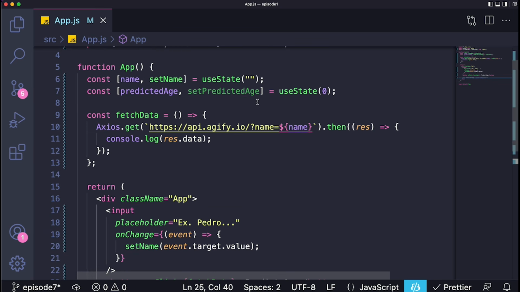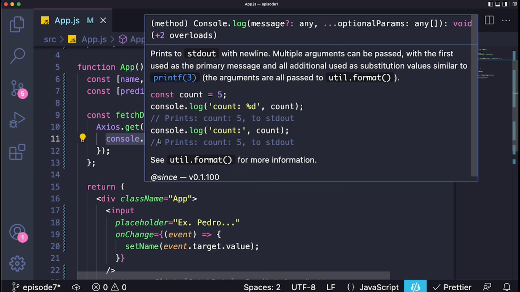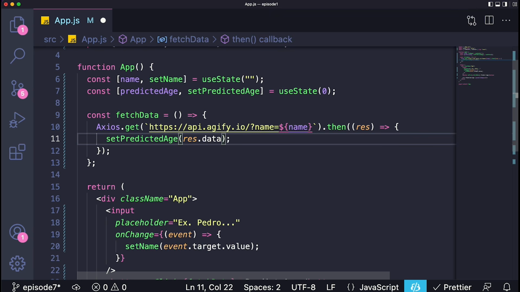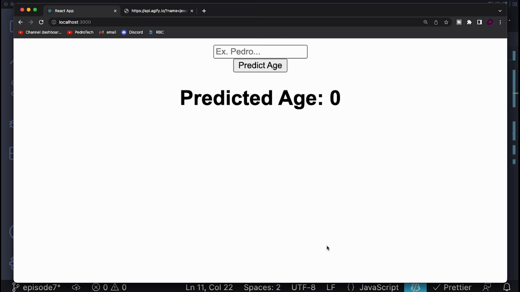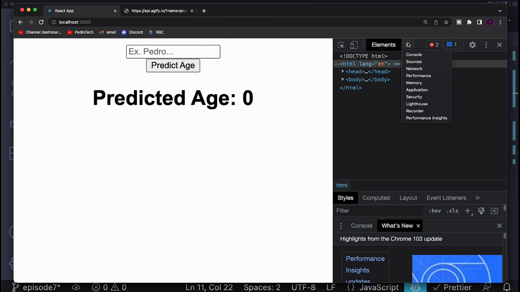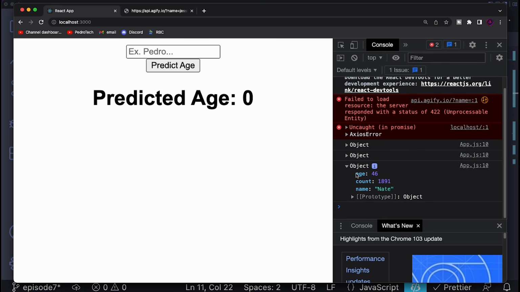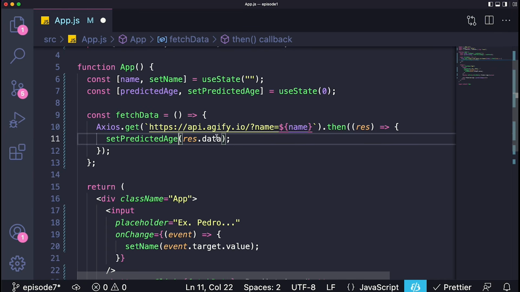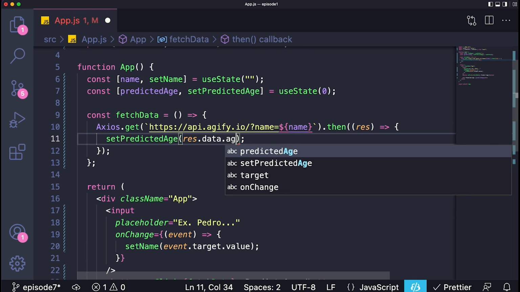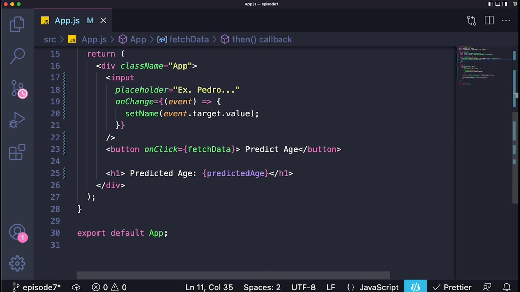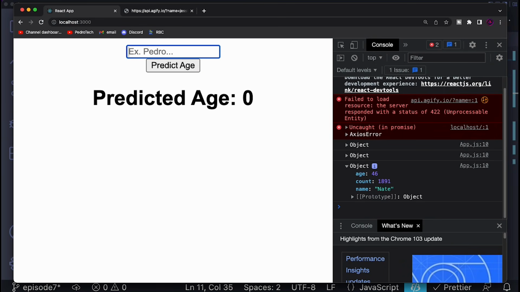And now when we get the data, instead of just console logging, we're going to set predicted age to be equal to res.data, and we have to look at how the data looks, right? You see it's an object, and the data object will include an age, a count, and a name. So what we can do is set the predicted age to be equal to res.data.age. And you'll see that now if we try to type Pedro, it will correctly change this to 59, which